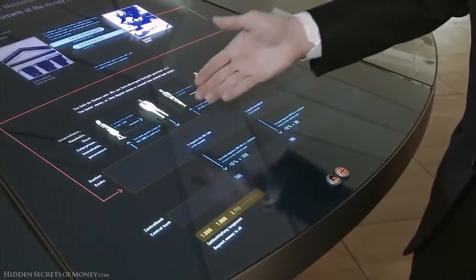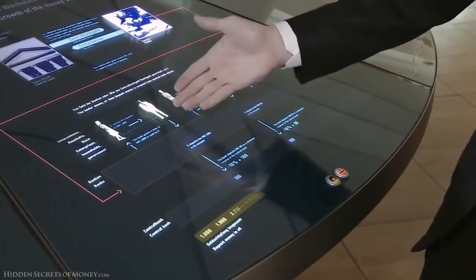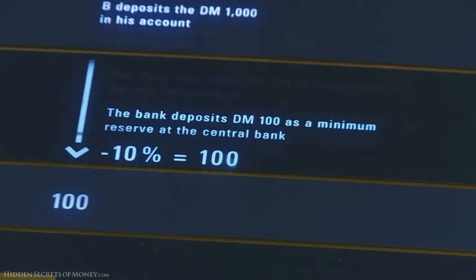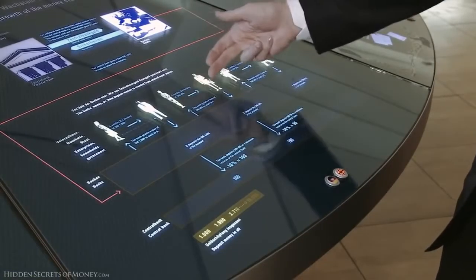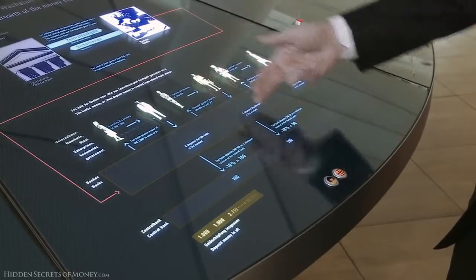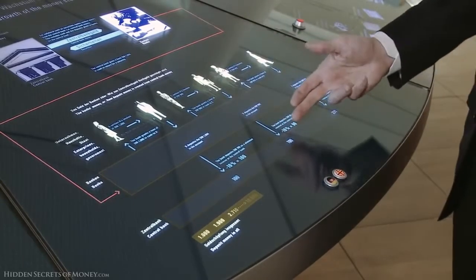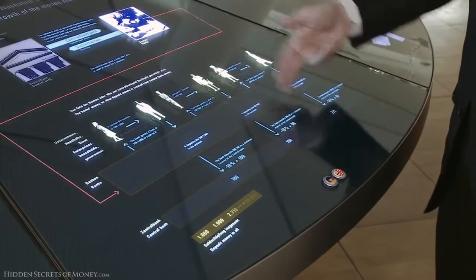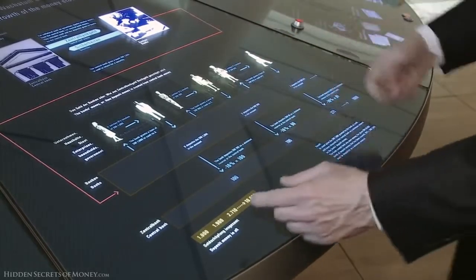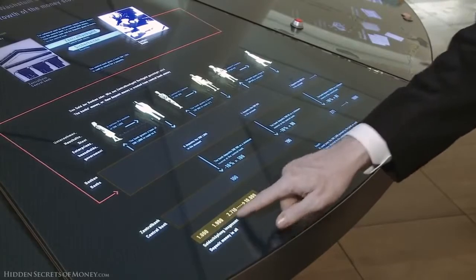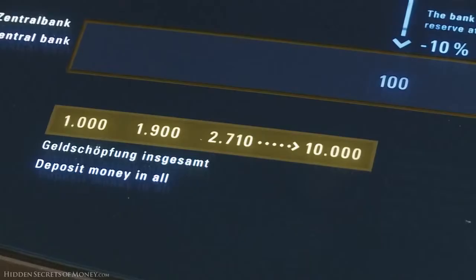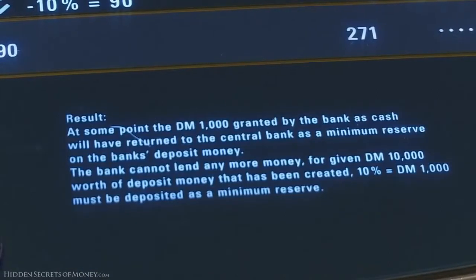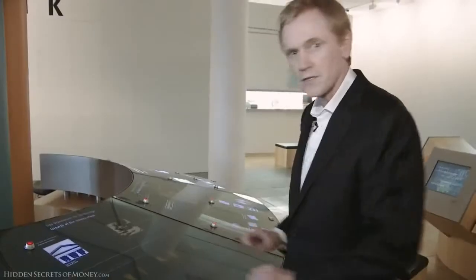He deposited 1,000 in it. They only withhold 100 in case he wants some of that. And then they loan out 900, which then she buys something from this guy, he deposits the 900. They borrow 90% of that and leave just 10% on deposit for him. And the result is that it expands. Every 1,000 ends up creating 10,000, or every $1 creates $10. And they've got the result here. It's all sort of a voodoo hocus pocus scheme.